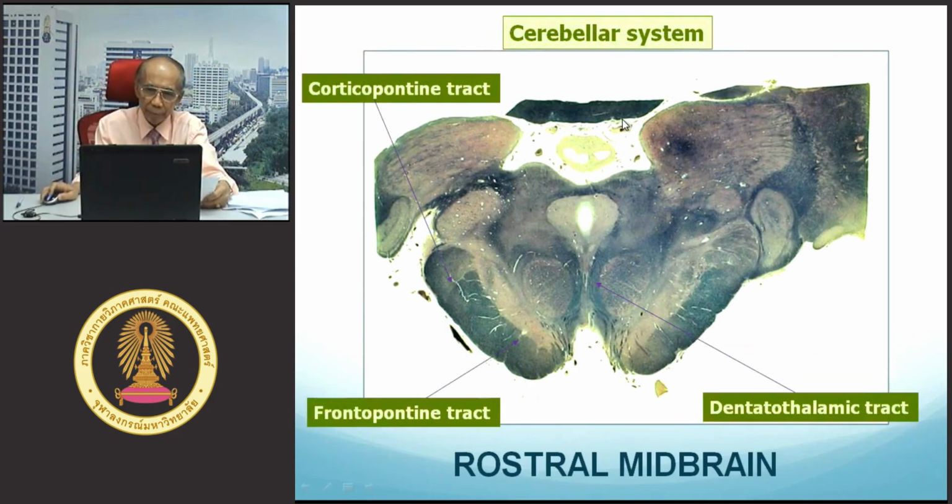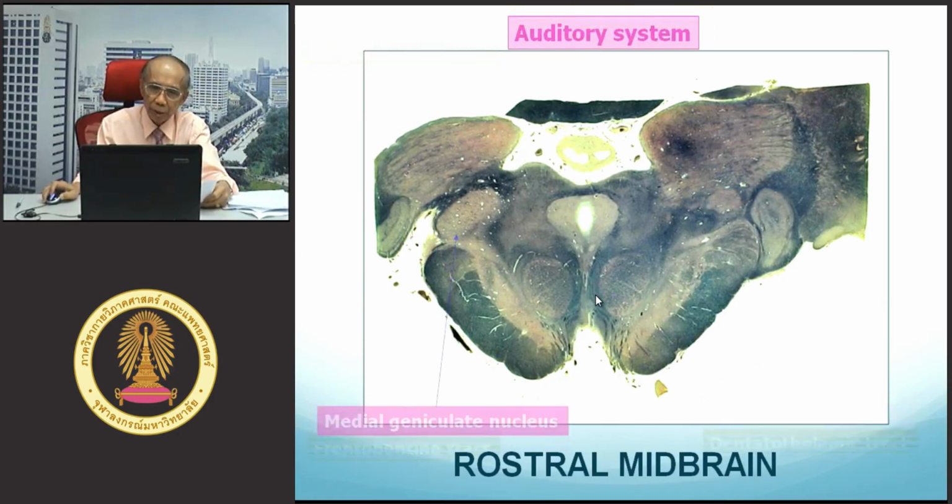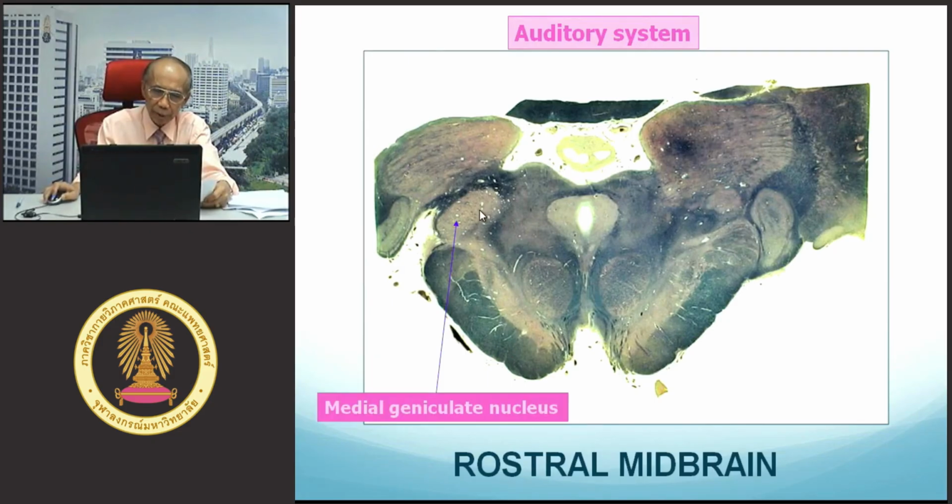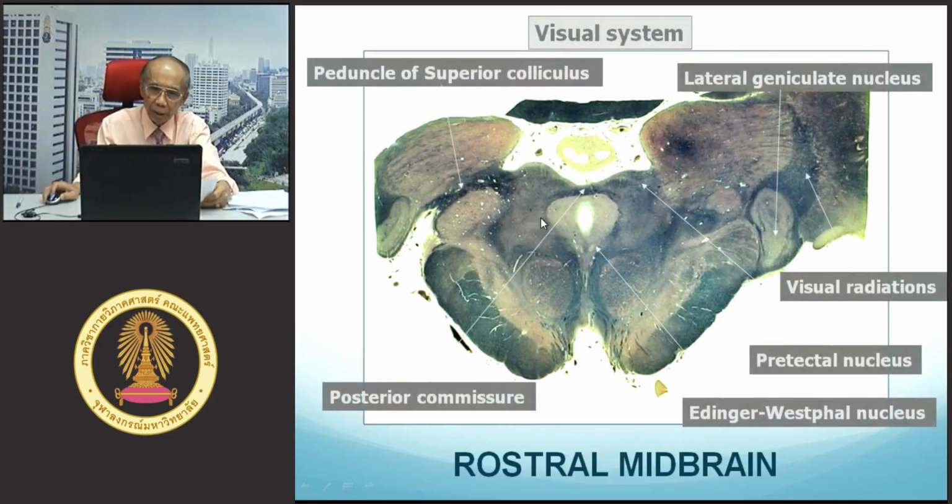The cerebellar system includes fiber projection to the brainstem, corticopontine tract, pontopontine tract, and dentatothalamic tract. The auditory system includes the medial geniculate nucleus. The visual system includes the tectum of the superior colliculus,